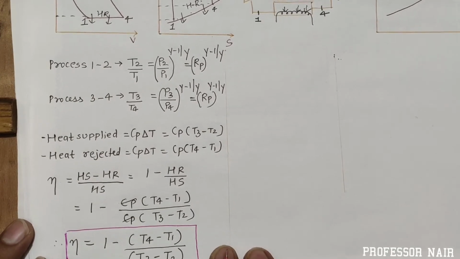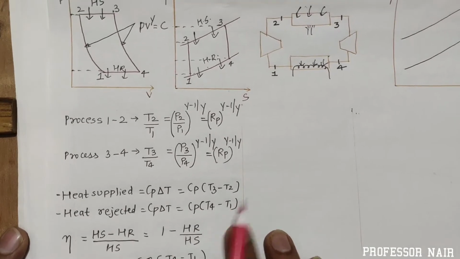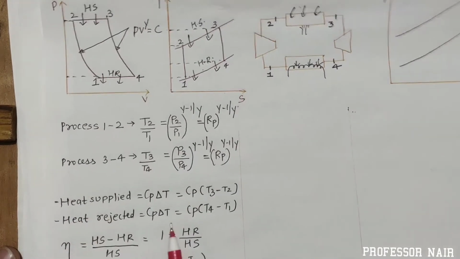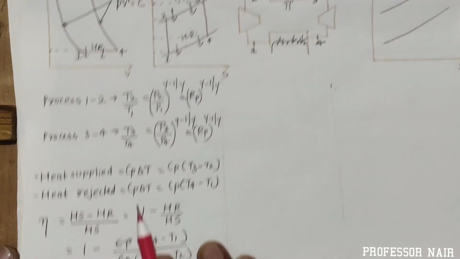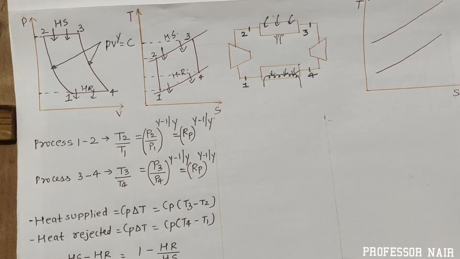Okay, hope you are understanding this. So we had seen process 1 to 2, 3 to 4 and heat supplied and heat rejected. But this is for the ideal cycle, dear students. Actually, your mass is not m here. If we see in detail,